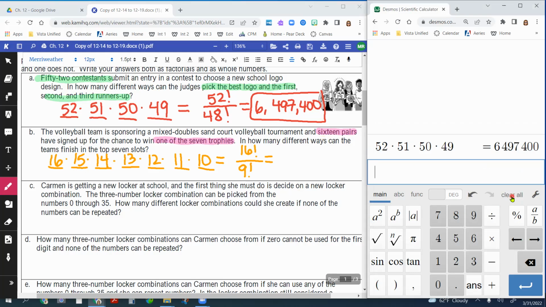And again, if I was to put this into the calculator, 16 times 15 times 14 times 13 times 12 times 11 times 10, I get